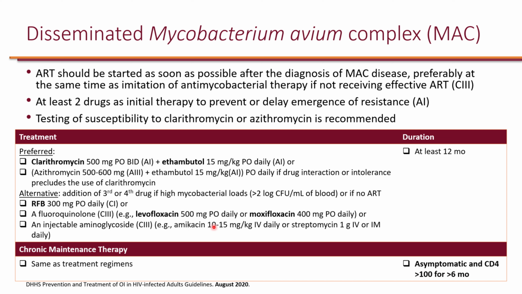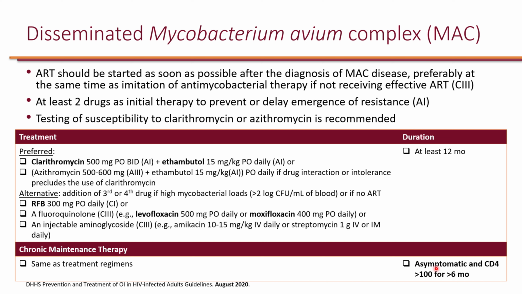So amikacin and streptomycin are the ones that are typically used, not really gentamicin or tobramycin. The evidence is with amikacin or streptomycin. And then the treatment for MAC is at least 12 months. And then once you finish treatment, you just continue for secondary prophylaxis, or you can call it chronic maintenance therapy,